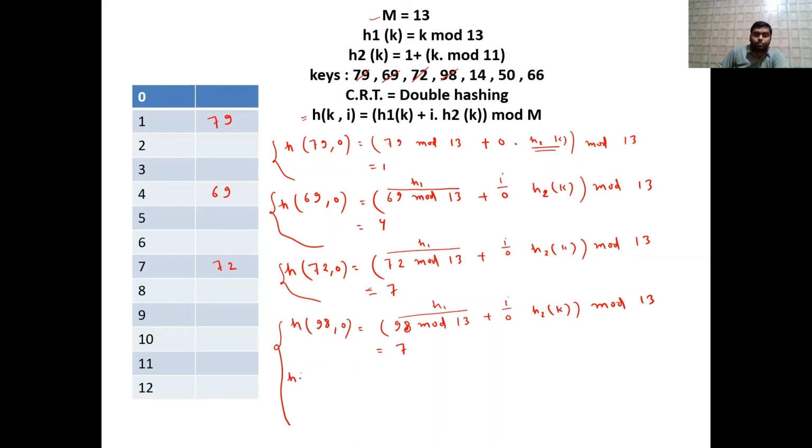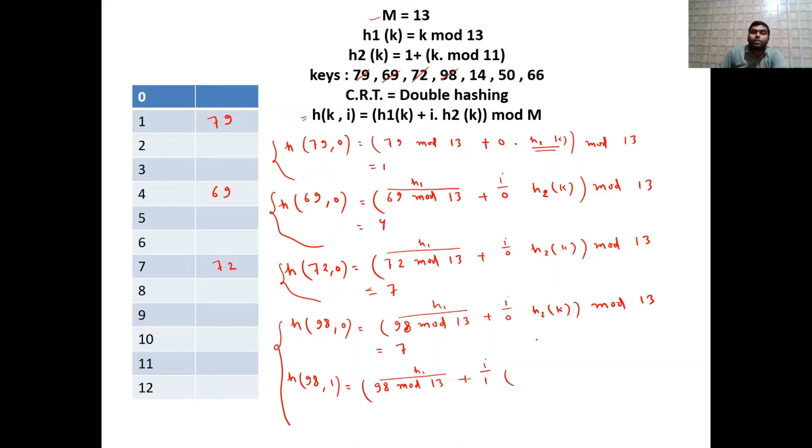Okay, so there is a collision, so in case of collision just change it. So change the probe number. Now it is very interesting. Change the probe number. So if you change the probe number, so 98 comma 1. So what will happen in this case? That is 98 mod 13. So this is your h1, plus now the i value has changed. So the i value is 1. Now we have to write h2 completely.